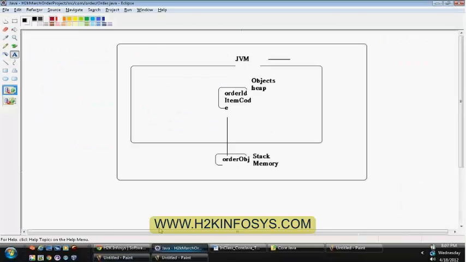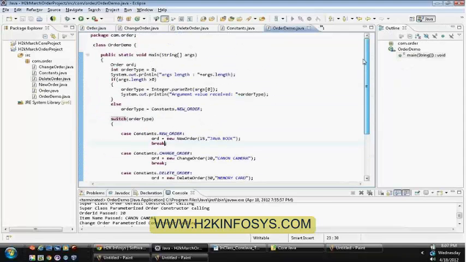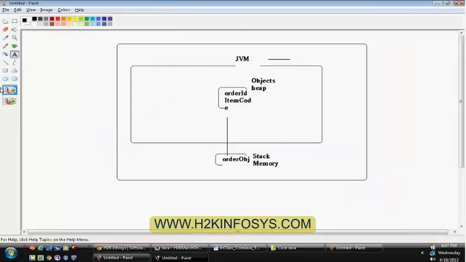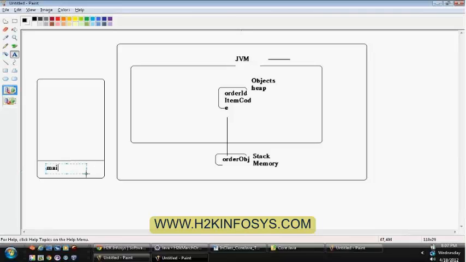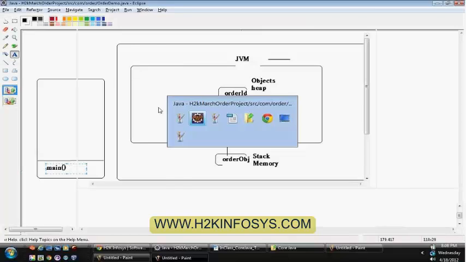Whenever you call methods, let us say from your order demo, which is also a class that starts with a method called the main method. Whenever you call a method, it will be placed on the stack, the main method, and it will start executing the code.